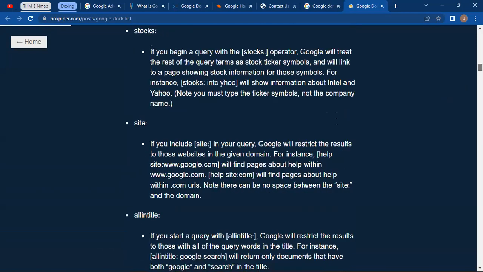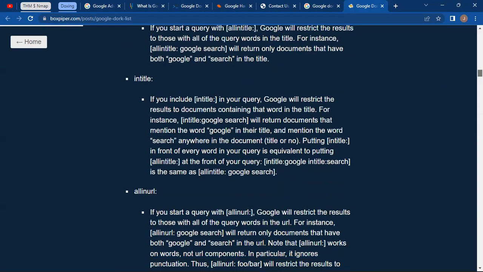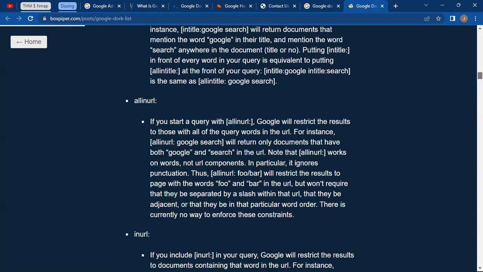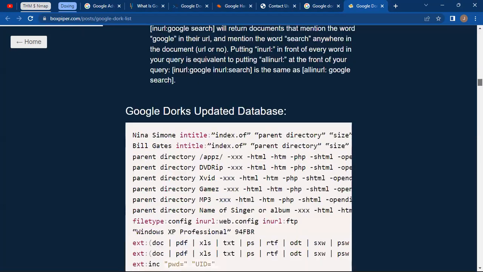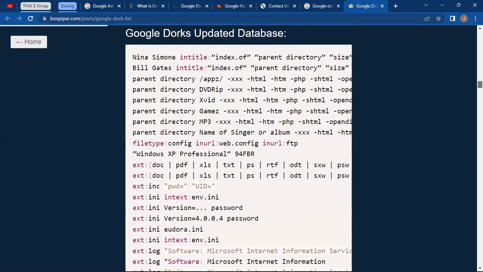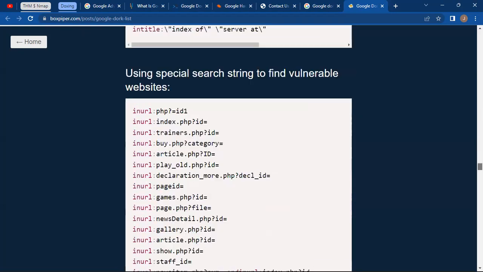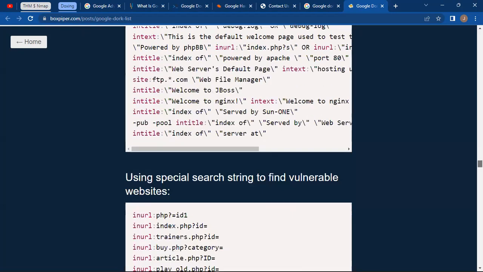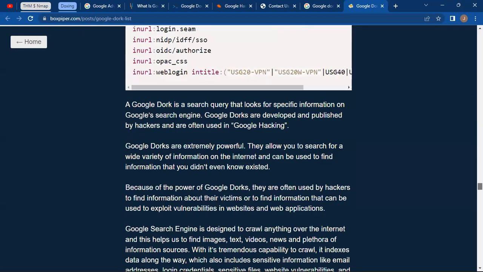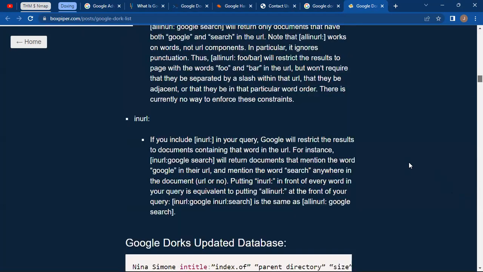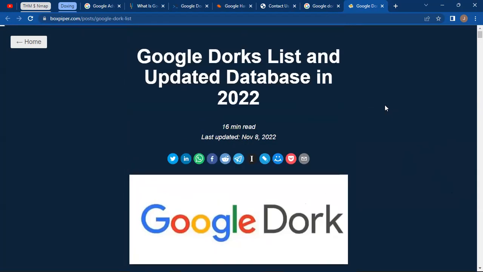We're going to see how this works. There are tons of them. There's intitle, there's allinurl. Let's say, for example, the Google dork cheat sheet. If you're looking for a particular thing, these are the list of them, using special operators to find vulnerable targets. I'm going to explain how to do them. So let's just dive in so I don't talk too much or emphasize too much on what these do. Okay, so let's start with